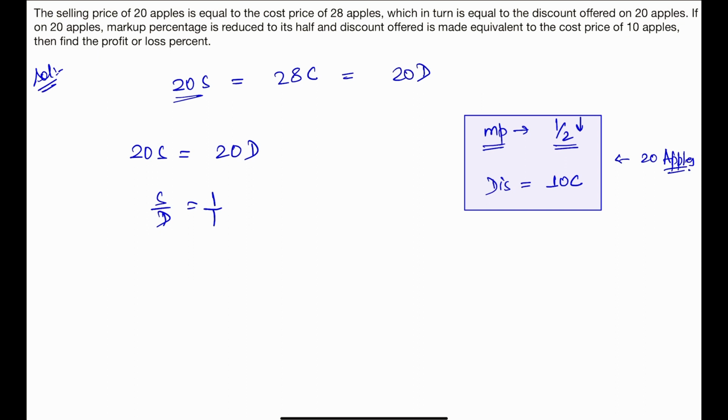28 cost price, which in turn is equal to the discount offered on the 20 apples. Okay, so selling price for 20 apples, if I say, then selling price of 20 apples is equal to the cost price of 28 apples, which in turn is equal to the discount offered on the 20 apples. So I can say the discount offered on the 20 apples